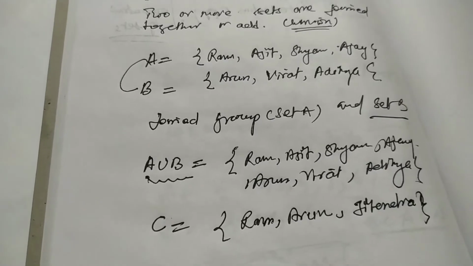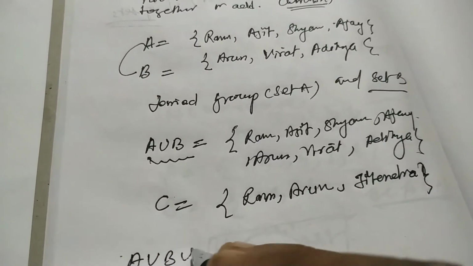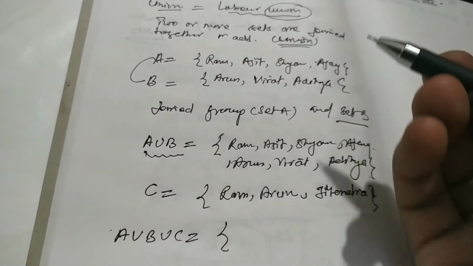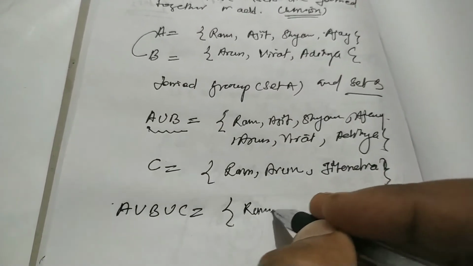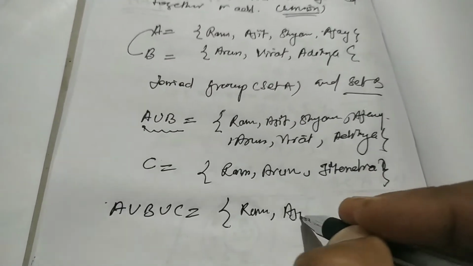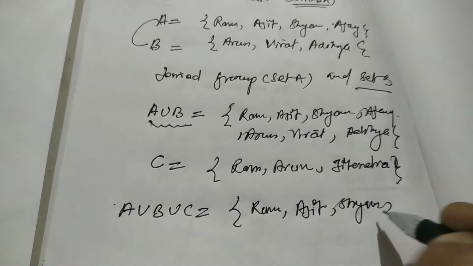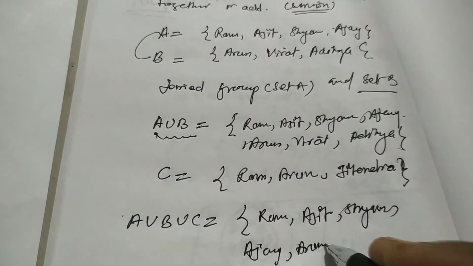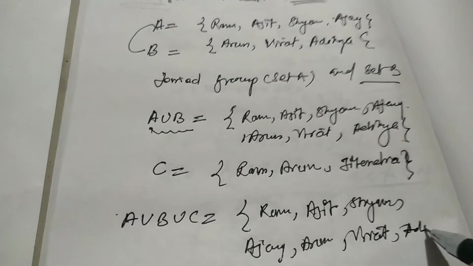Now if you want to join all three groups, we write A union B union C. If you want to make a fresh list, we write Ram, Ajit, Shyam, Ajay, Arun, Virat, Aditya,